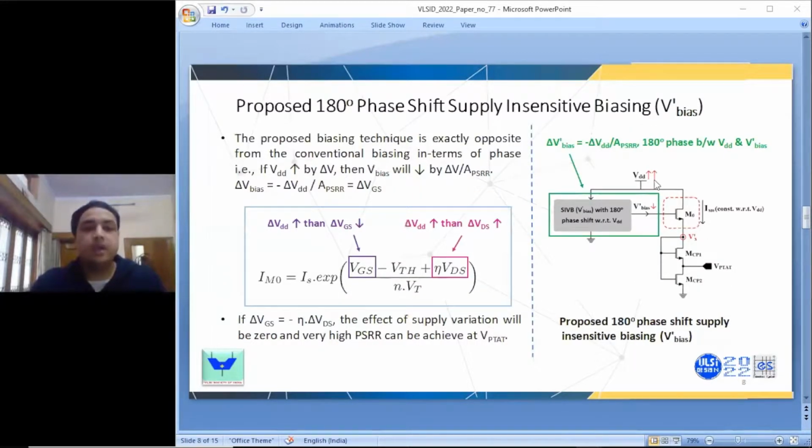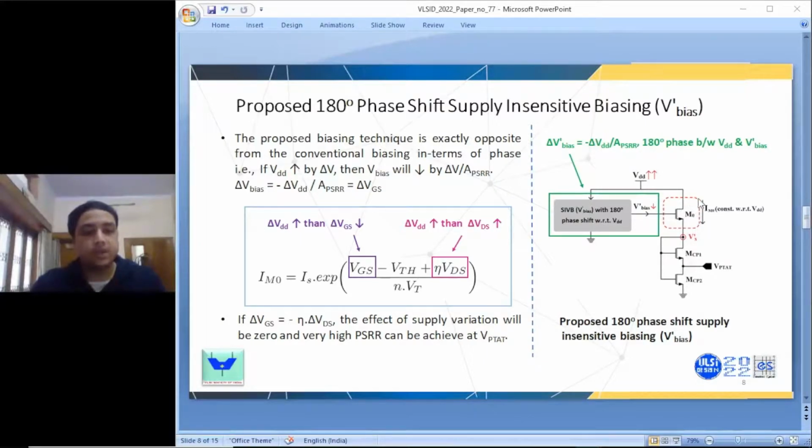What we observed is, what if we use the same circuit, same biasing, but if the supply voltage increases, we are able to decrease the biasing voltage by a very small amount. The reason is, what we are trying to compensate is, if VDD increases, the VDS of this M0 will increase. But if this V bias decreases, the VGS of this M0 will decrease. So what we're trying to compensate is, if the supply increases, the increment in VDS, because there is an R0 in this transistor,